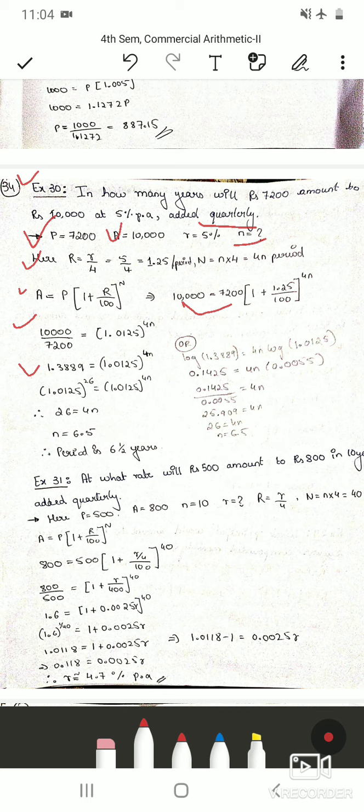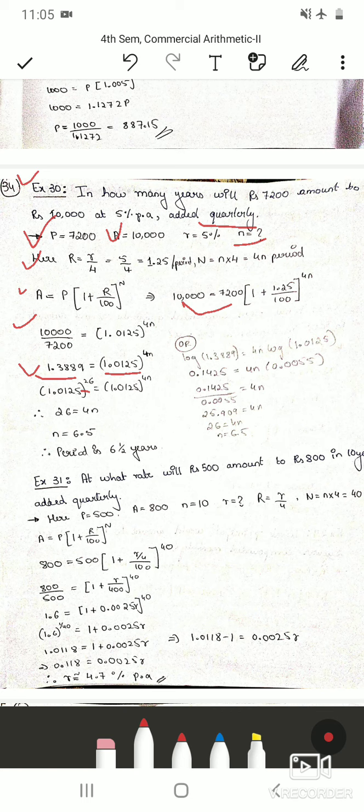Now the one thing you can do is type 1.0125 in your calculator and press the multiplication sign. I'll say it again. First type 1.0125 in your calculator and then press the multiplication symbol, and then keep pressing equal to, but you have to keep count of how many times you are pressing that equal to symbol, and you have to press until you get 1.3889. So you will get it once you press equal to symbol 25 times.